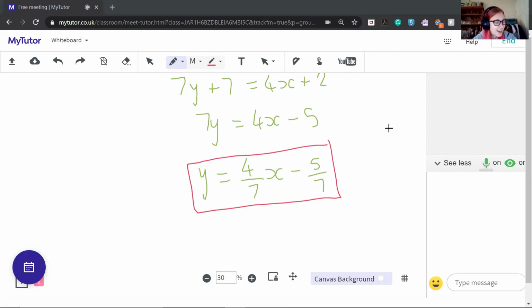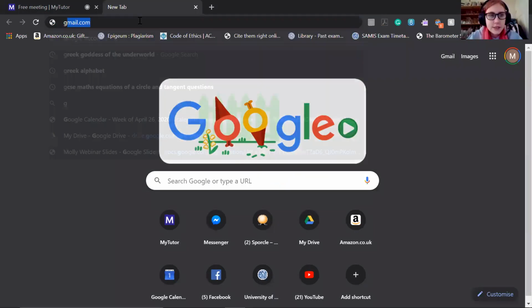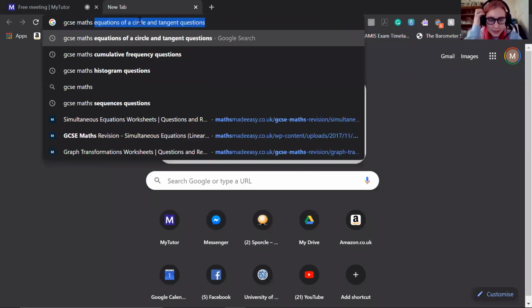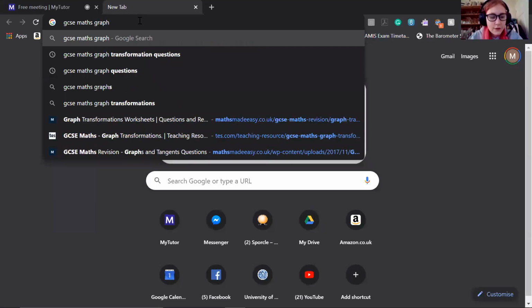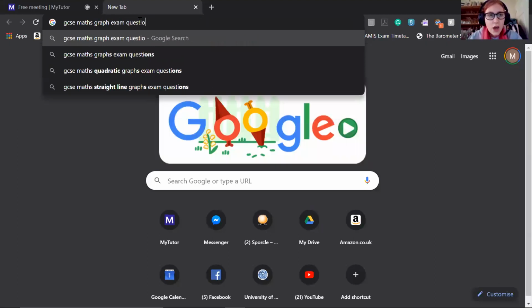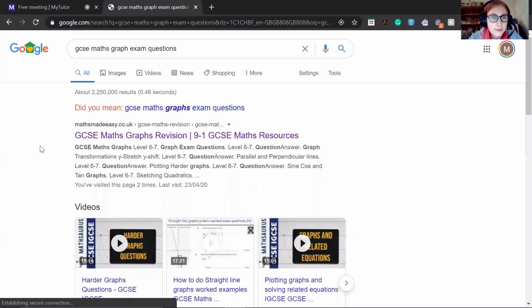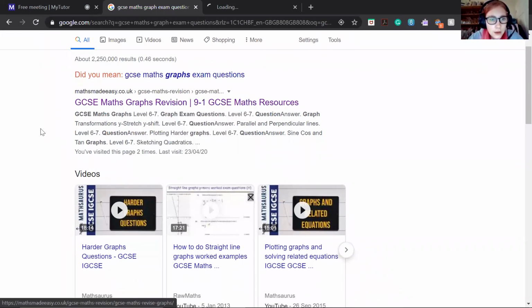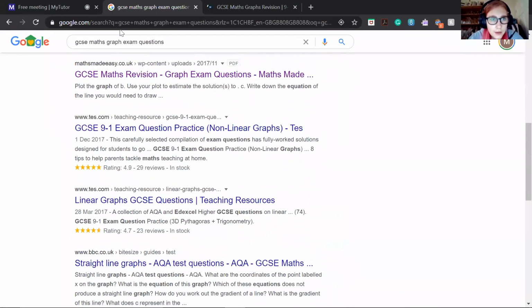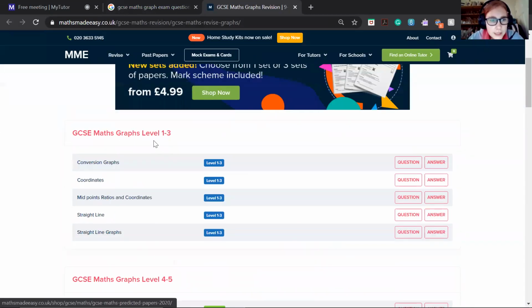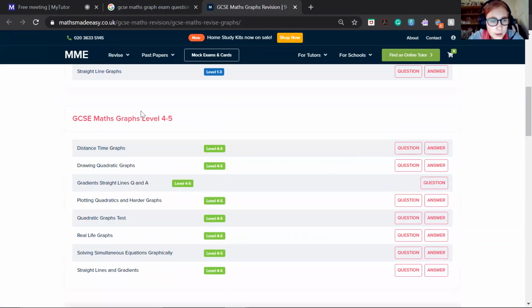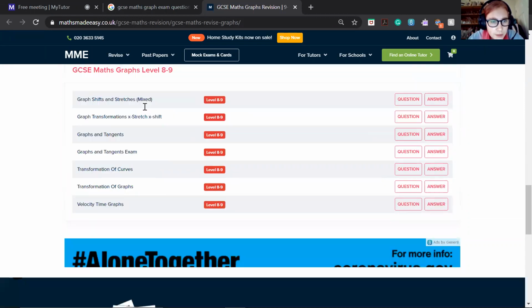Let's have a go. I'm just going to get up some generic exam past paper questions. That's all I'm going to search for. GCSE Maths graph exam questions. And also this shows you my process of how I find the right ones. So I might have a look on here and see. I just kind of want a combination of all of them. I don't want